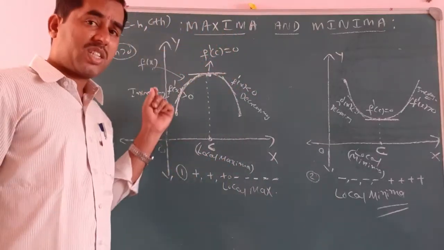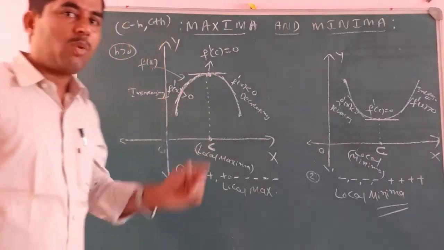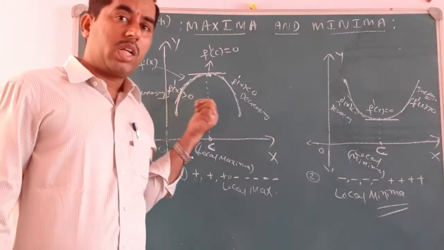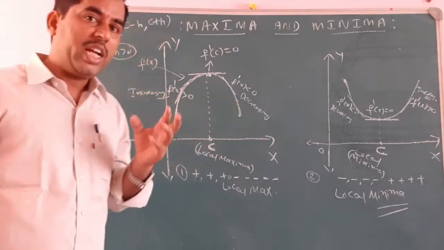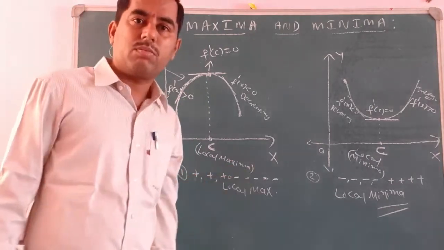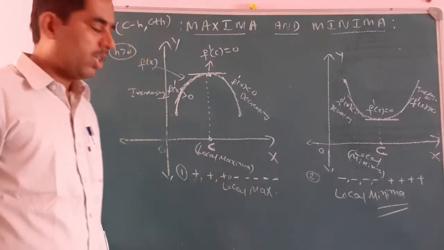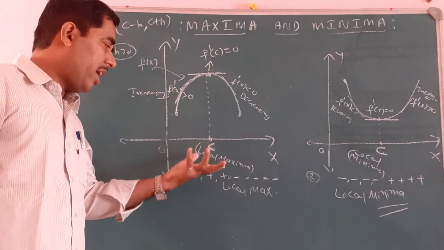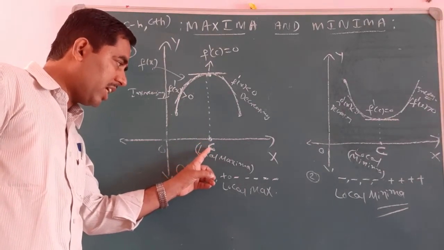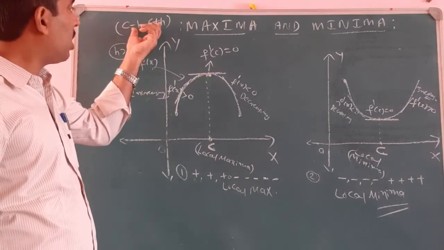First derivative test says, observe the words carefully what I am saying and what I have written on the board. If the sign of the derivative changes from positive to negative, that means f dash x changes its sign from positive to negative, as we have some points to the left side of c and to the right side of c. That interval is considered as c minus h and c plus h. You don't have to bother about this.